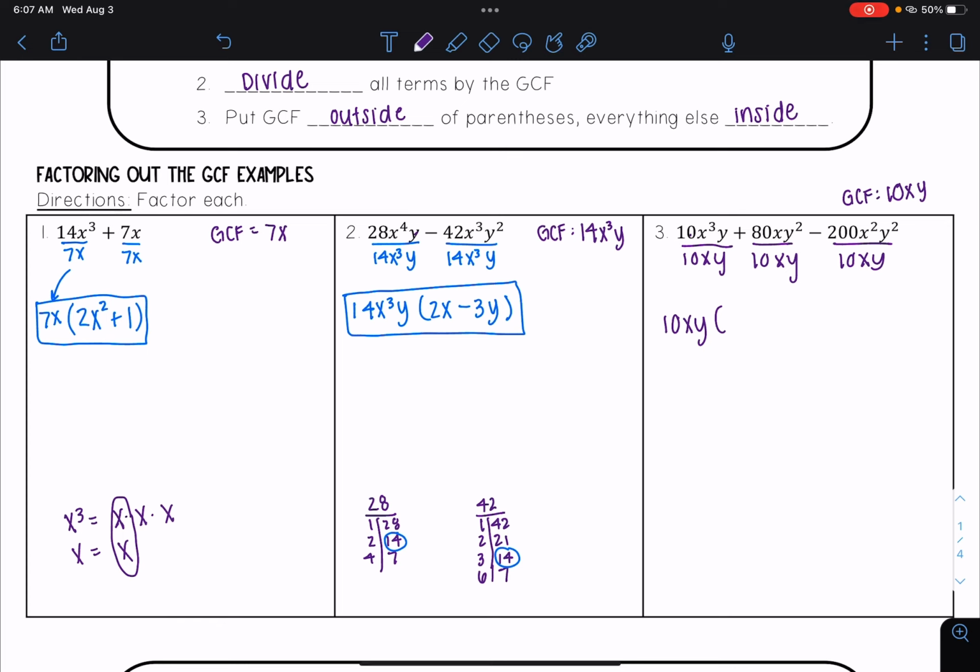10 divided by 10, I get 1. X cubed divided by x, I get x squared. Y divided by y is just 1. 80 divided by 10 is 8. X divided by x is just 1. Y squared divided by y is y. Minus 200 divided by 10 is 20. X squared divided by x is x. Y squared divided by y is